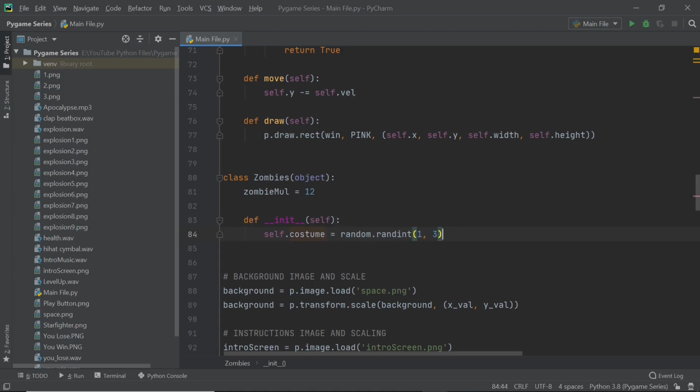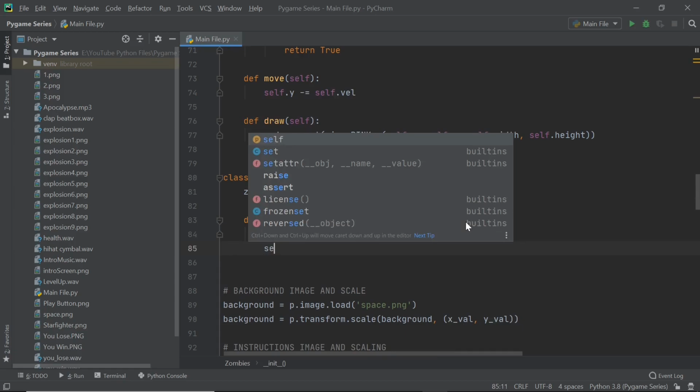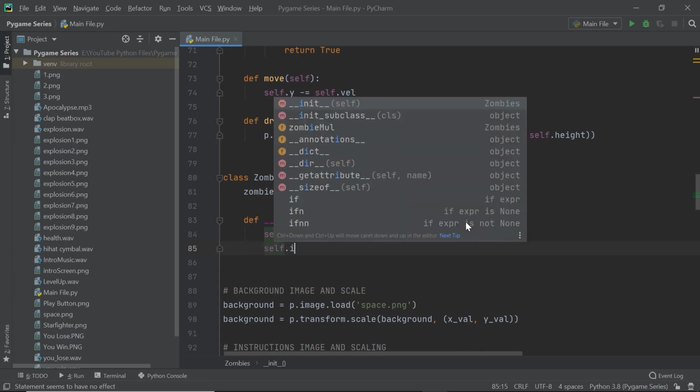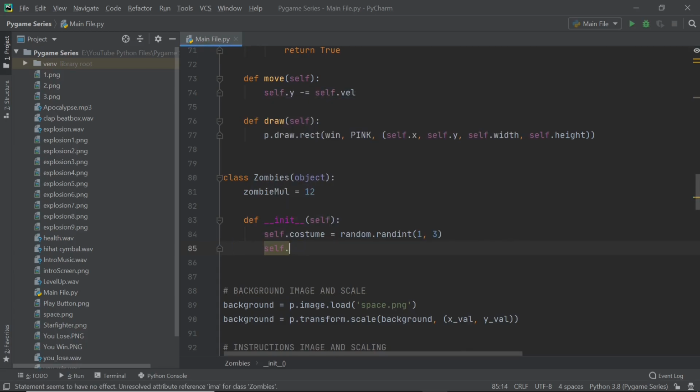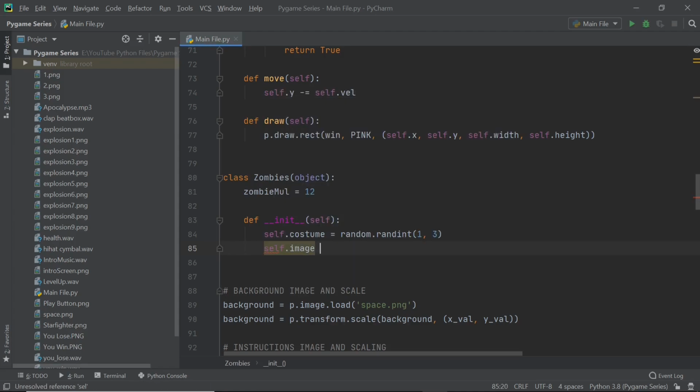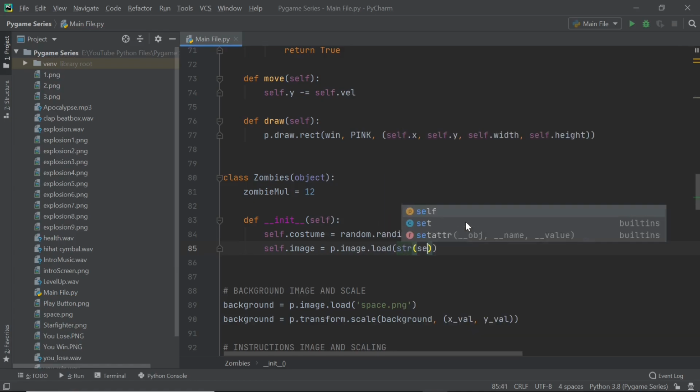So once you have self.costume, now you need the image, okay? And what you can do right here is to say self.image. Or actually you can do this within the loop. I'm just going to do it outside, okay? Self.image is equal to, and once again we're going to say pygame.image.load, and within that parentheses, what I'm going to do is to say string of self.costume,